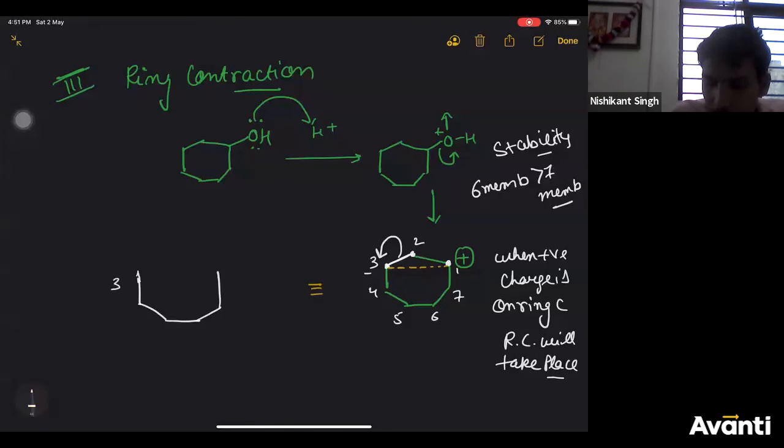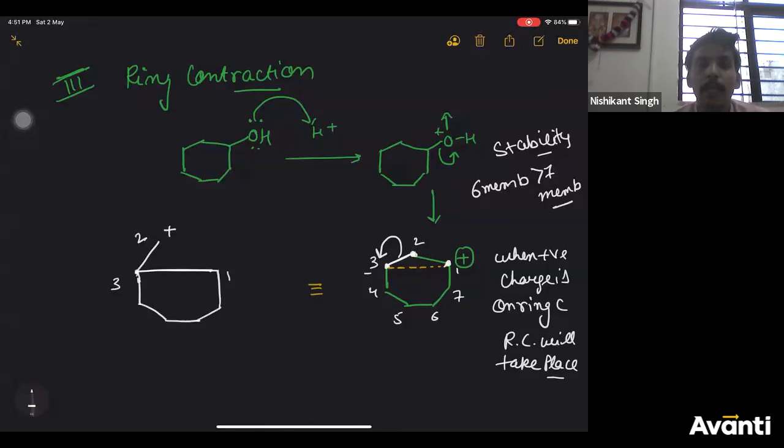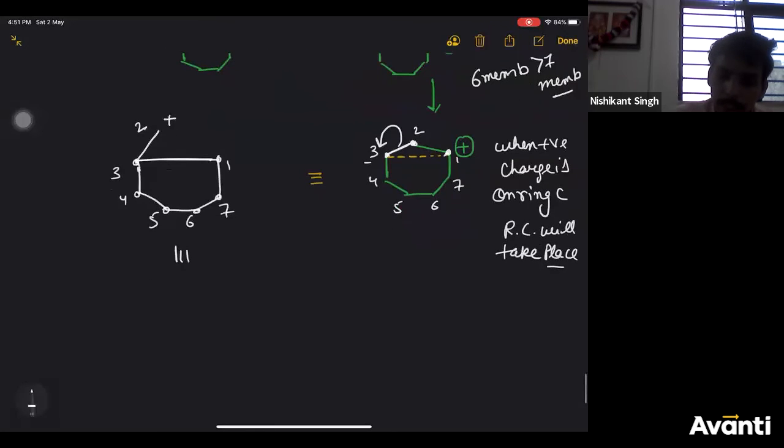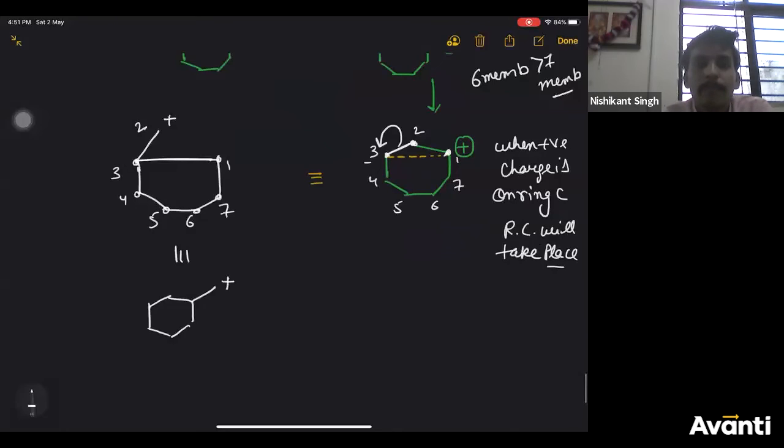something like this, right? So the third and first carbon are forming a bond because the third got negative charge due to bond breakage and the first was already positive. So positive and negative form a bond with each other. Then the second carbon will get what charge? Positive charge. I hope it is clear. Yes. So you can see this is 4, 5, 6, 7. So this is how many membered ring now? 1, 2, 3, 4, 5, 6. So this is equivalent to a 6-membered ring having a methyl group on it and a positive charge, right?